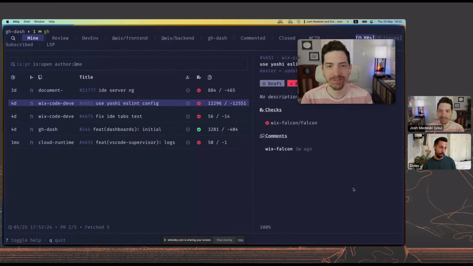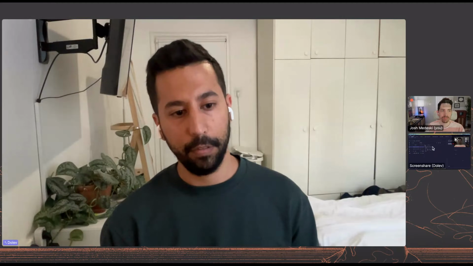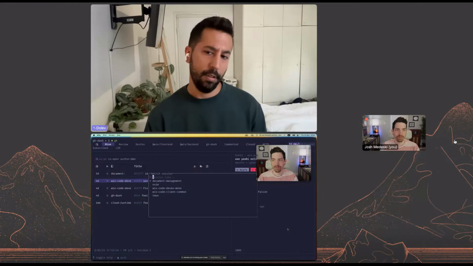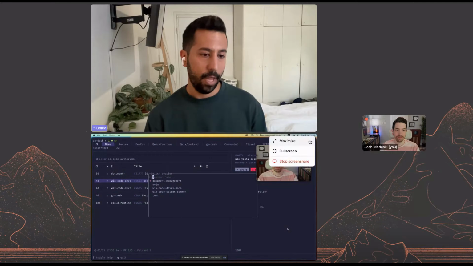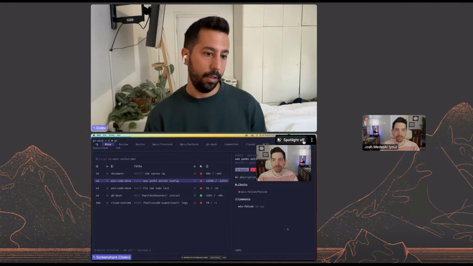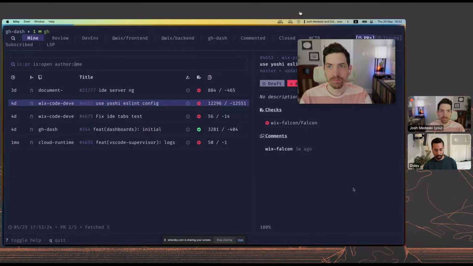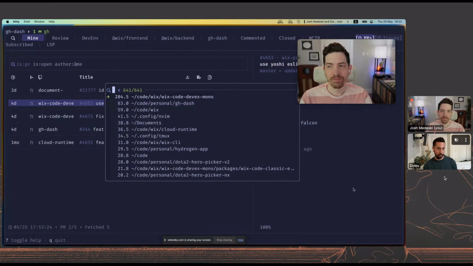Yeah, so as you said, I use Tmux and Neovim as well. So usually I have a session manager built into Tmux, just like you have. I can choose one of my currently open sessions. And if I want to open a session with a directory that I don't have a session for right now, I can also do that.